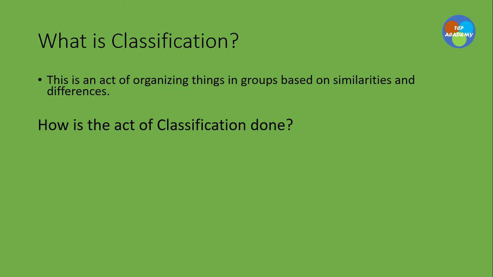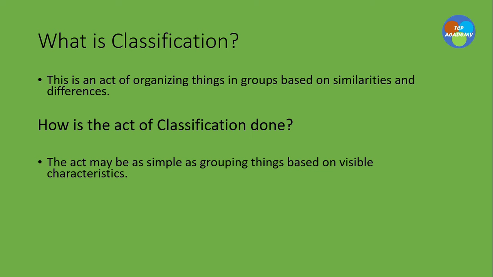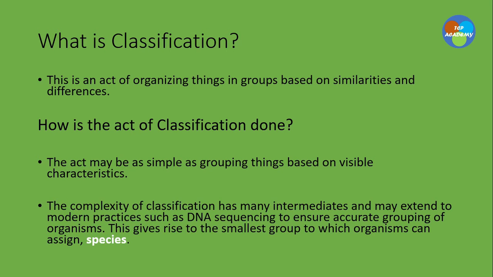How is the act of classification done? The act can be as simple as grouping things based on visible characteristics, meaning that which you can see. The complexity of classification has many intermediates and may extend to modern practice such as DNA sequencing to ensure accurate grouping of organisms. This gives rise to the smallest group to which an organism can be assigned, and that smallest group is,